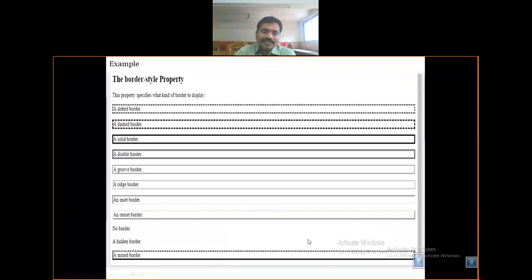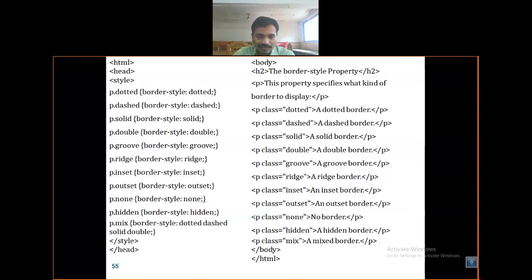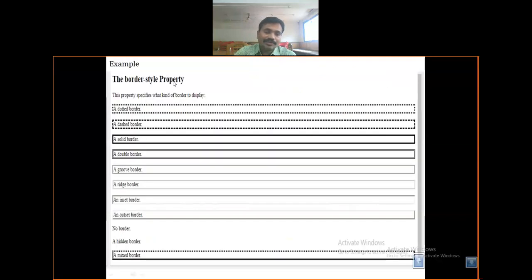So whatever you see in the example is all seen in the example. As seen in the previous program, this is the program and this is the real-time output. If we need this output, this is the way you can see it.